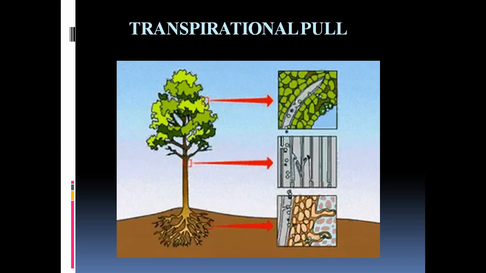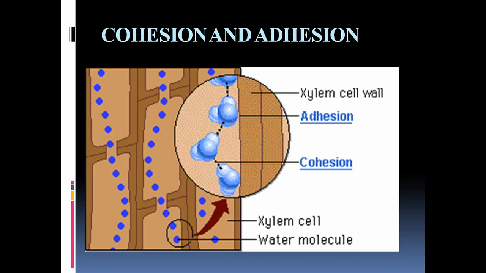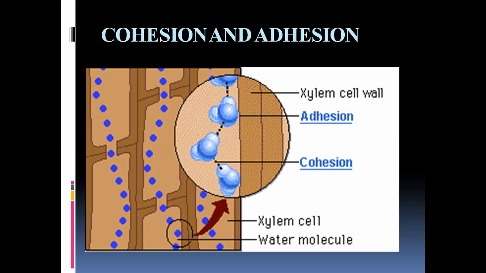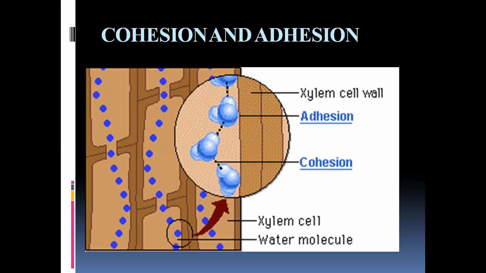In the picture we can see, right? Next, here you see adhesion. Yes, adhesion is another property. This adhesion property causes the water molecules to stick to the surface of the xylem cells, and thus it draws more water molecules from below when the leaf cells lose water molecules during transpiration. So this is how all the forces are working for ascent of sap.